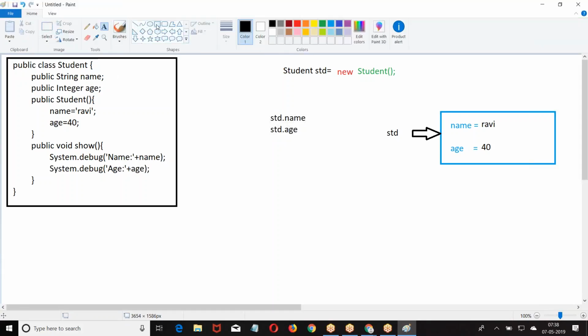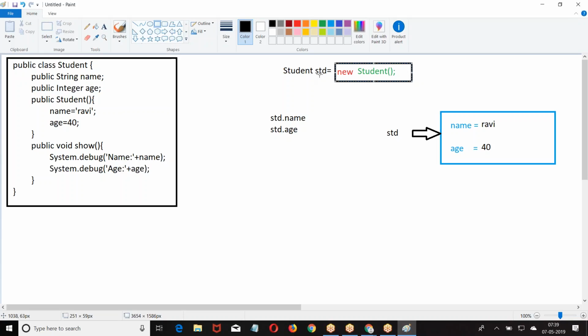Basically, what is an object? This is an object. The object is referred to with the variable called std. Because that variable is referring to the object, we generally call that std an object. But practically, what is an object? New constructor, that is an object. The object which is created is referred to using a variable, which is called a reference variable. So that reference variable we are calling an object. Are you clear about this? Actually, this is the object. Because this variable is referring to that object, we have a practice of calling that variable an object.